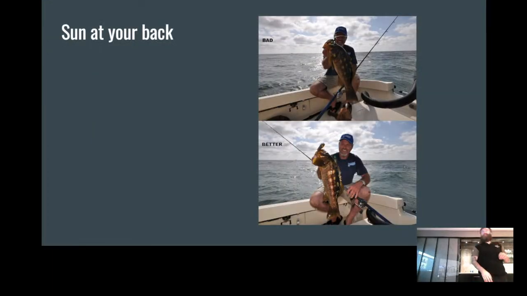Alright, some other tips that I have. The sun at your back. Beware of having the sun behind you. It's not a terrible idea to, but the thing to think about is that light in